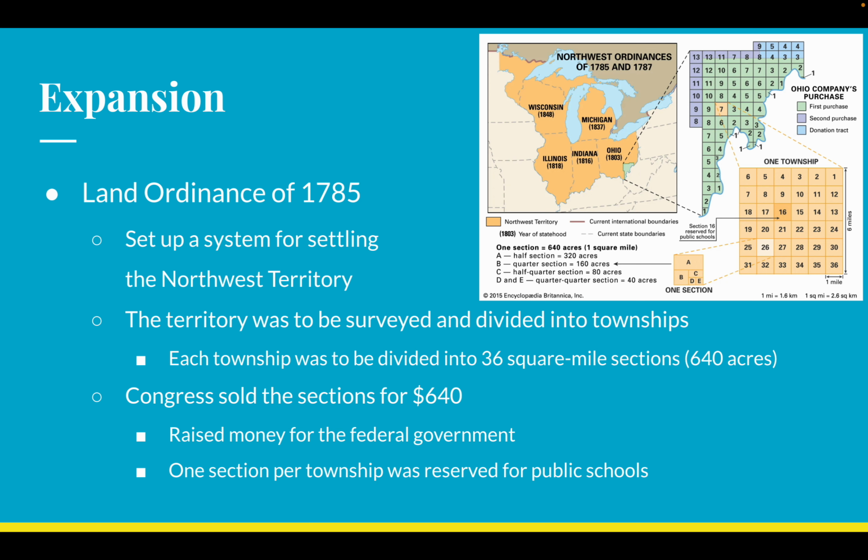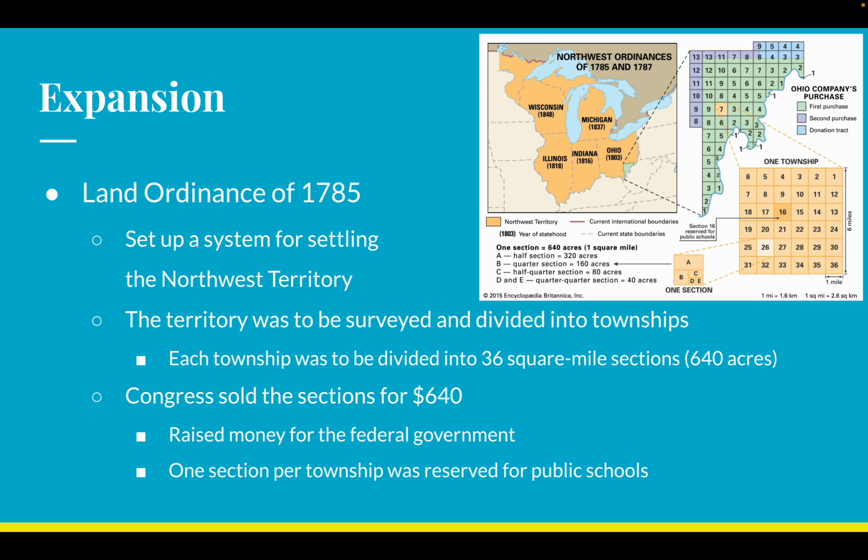But this is also a money-making scheme. This is a money-making system. The government needs to make money. Now, today, the government will make money just by taxes, right? But like we've already talked about, there is no easy way to get the states to pay taxes to the federal government. So what the federal government does is they're going to sell this land to make money for the government. The idea is those $640, you're not paying this to some dude. You're paying this to the government, and the government is giving you the land.